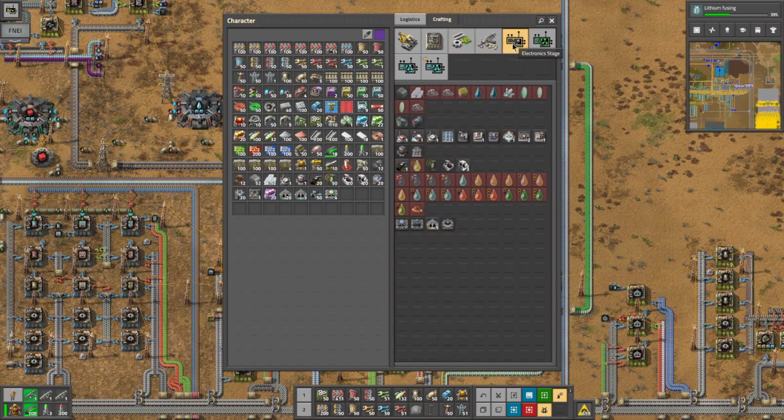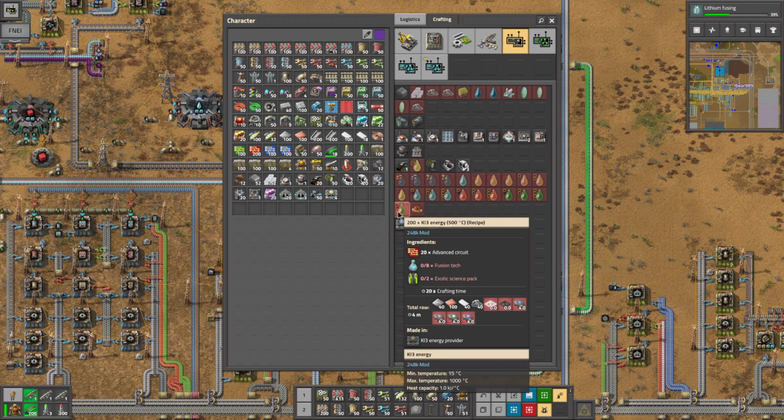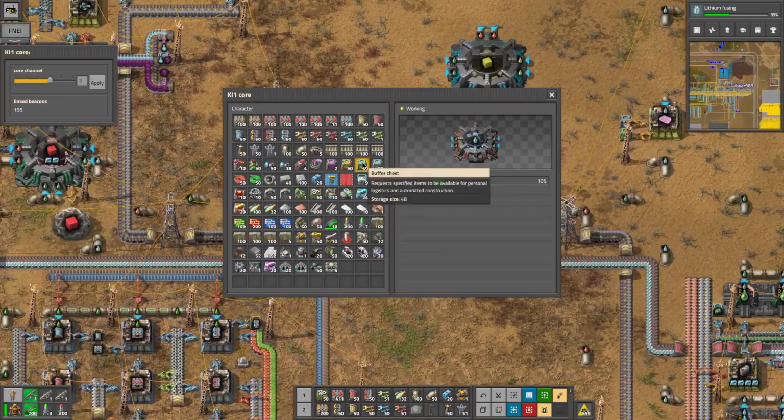Now let's look at this new fluid, which I still don't know why we unlocked the ability to make it way back here. But we're going to need 20 advanced circuits. We're going to need 8 fusion tech and 2 of those exotic science packs. The science packs I hope are not going to be too bad, because we've got 1,000 of them sitting over there waiting. But I'm just worried it might be, we might actually be to the point where we need to get another rocket silo set up